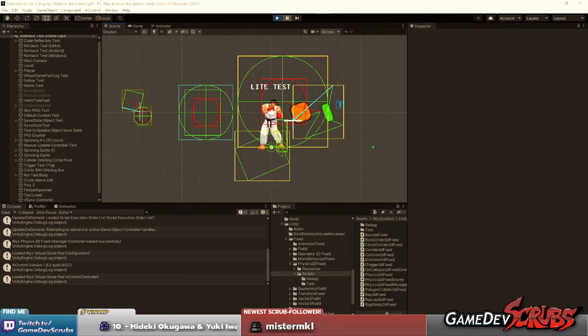But here's the problem. Going back to what engines are good for this kind of stuff: Unreal Engine uses floats. Unity uses floats. Pretty much every engine uses floats. And unfortunately, that's a no-go. You can't use floats, so you will have to find ways to work around that.